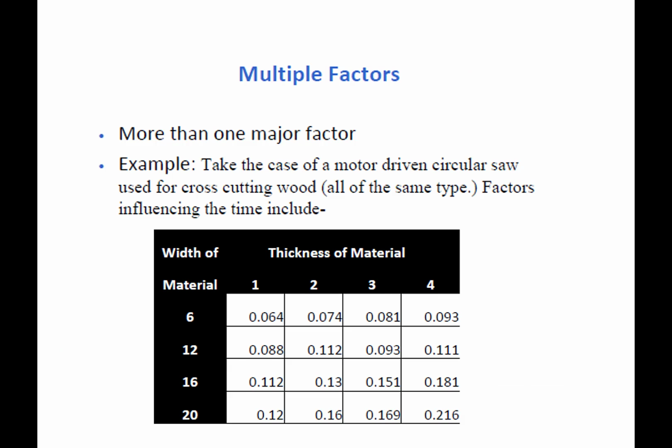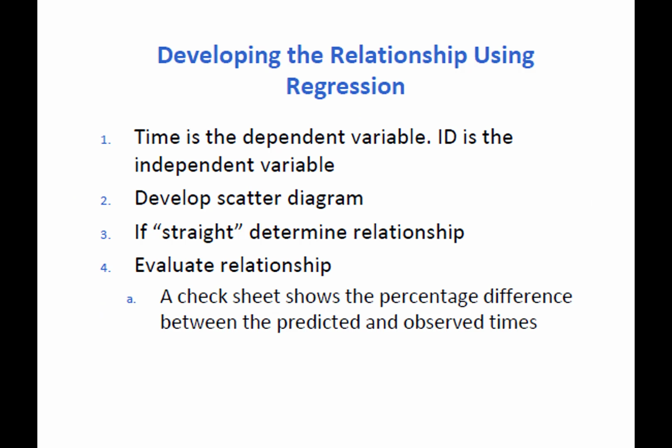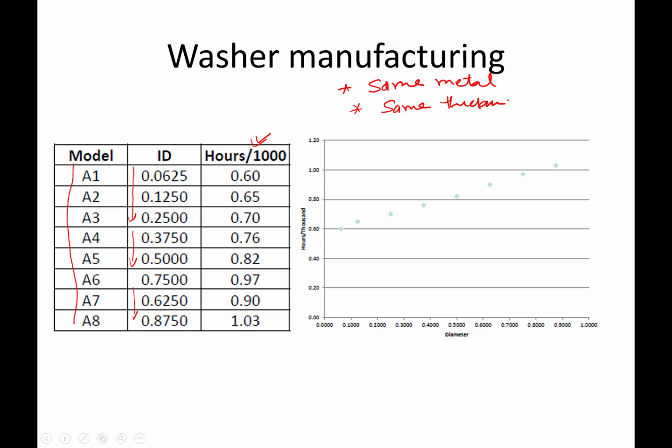Same thickness, right? So same thickness and same diameter. What is the difference? Same thickness and the same metal, but they are different in terms of the internal diameter. So internal diameter is one element, drilling a hole to produce the washers, and so the internal diameter is a kind of the major factor or major variable or characteristic affecting the time